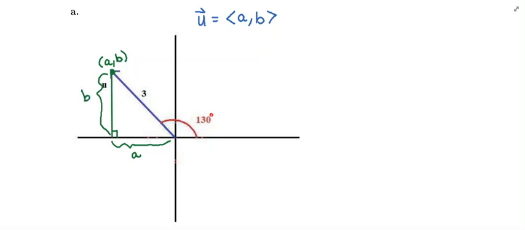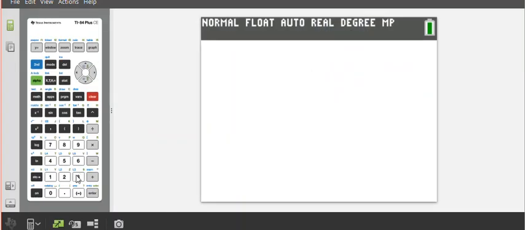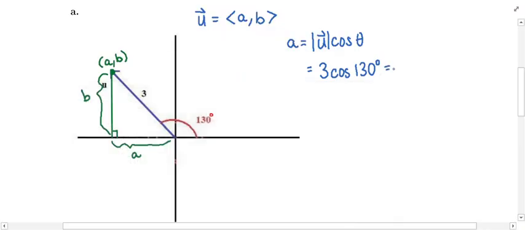We need to use the formula that we learned to get the horizontal component. This is going to be the magnitude of the vector times the cosine of the direction angle. So this is simply going to be 3, that's the magnitude, times the cosine of 130 degrees. Let's punch this into the calculator: 3 times the cosine of 130 degrees. We get some ugly decimal. Let me write this out. Negative